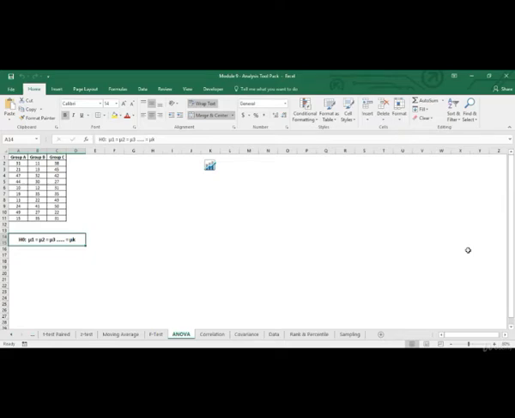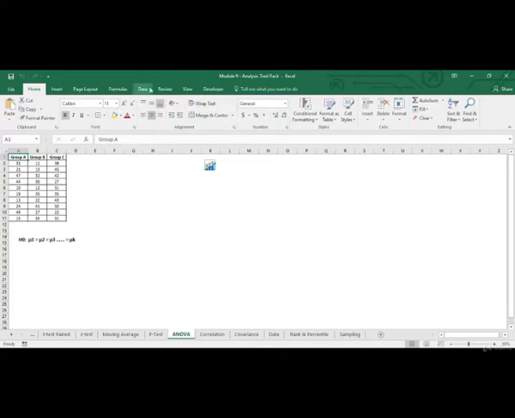Now the odd thing is that this is ANOVA, which stands for analysis of variance, and our null hypothesis is based on means. But why it is called ANOVA is because we are analyzing variance over here, and thus we will be inferring about the mean of the population. So let's see how this works.